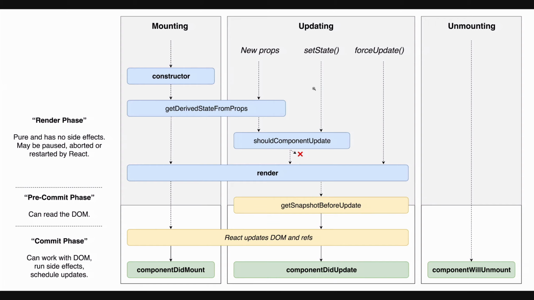But once it does that, it's going to go in here for the updater, because it's like, okay, someone set state by using the initial first button where we were setting the counter, and it's going to come down. It's like, well, yeah, we've got some refs in here that have changed, so let's commit them. And when we commit them and it's in the commit phase, that's it. There's no turning back. React can work with the DOM. It can run side effects. It can schedule updates, and that's where we get the update for